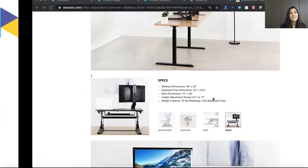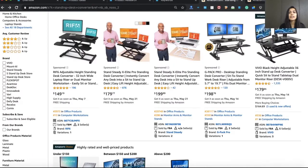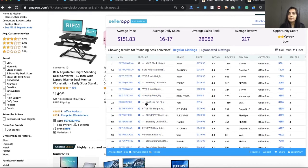Brand is a super important topic. We need to look at if there are any big brands that are dominating the niche. So Vivo seems to be a big brand. In order to judge how big the brand is, you can look at their offline